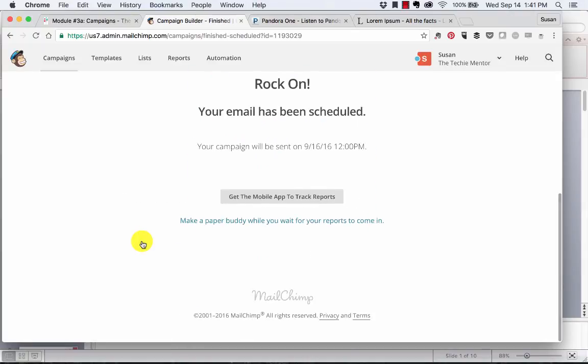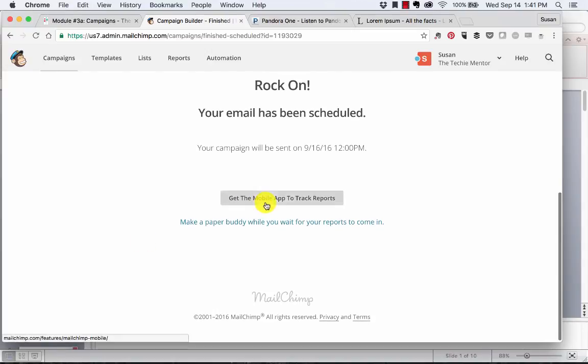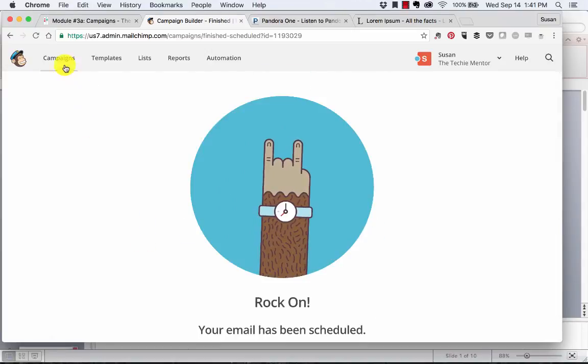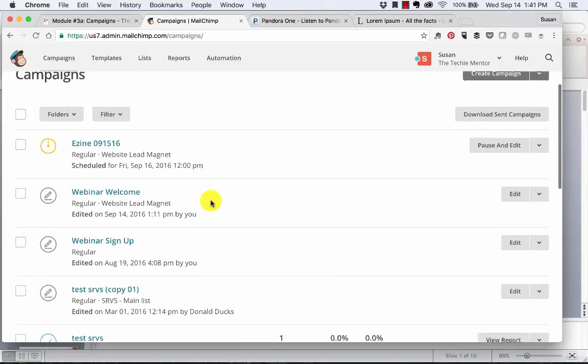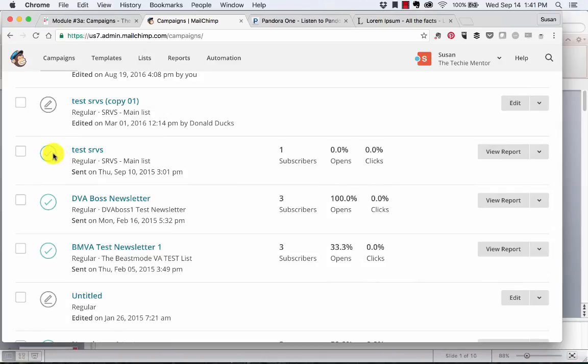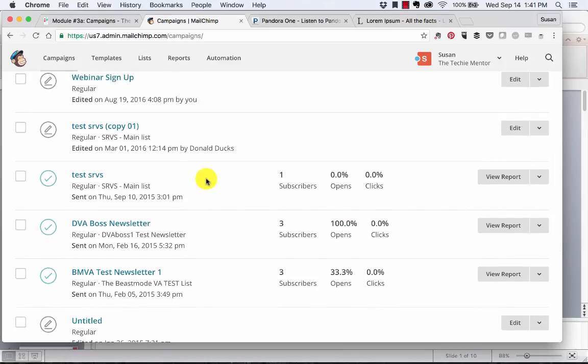Voila. That's all it tells me. Okay. And you can also get this mobile app, which is really cool. So back to campaigns. Now you can see that this campaign is actually scheduled. That's what that little icon means. These down here have already been sent. You can see the sent right here, as well as the statistics, and we'll talk about reporting as well